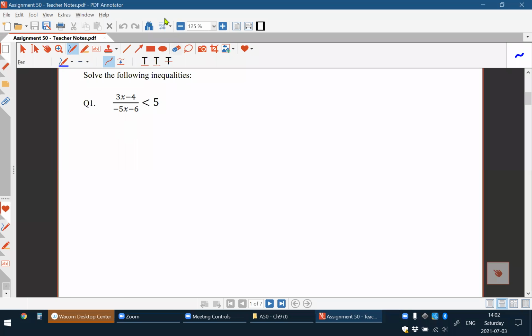Note that there is an unknown quantity x in the denominator, so we could not multiply by minus 5x minus 6, because we don't know whether it's positive or negative. So we should move the 5 constants to the left-hand side. Okay, so the original problem is equivalent to